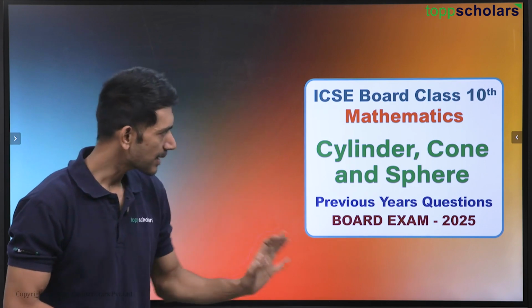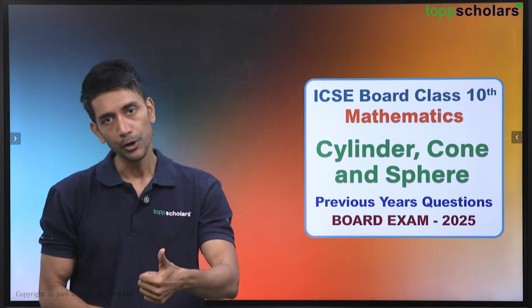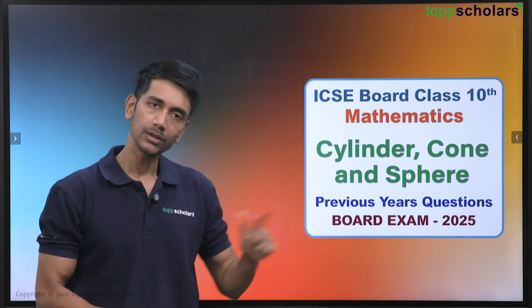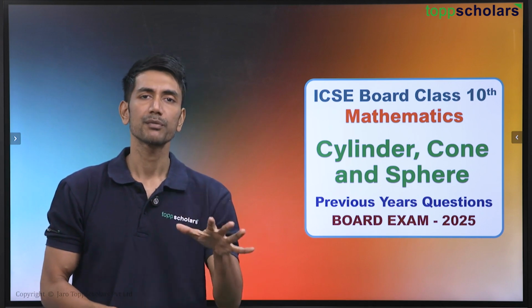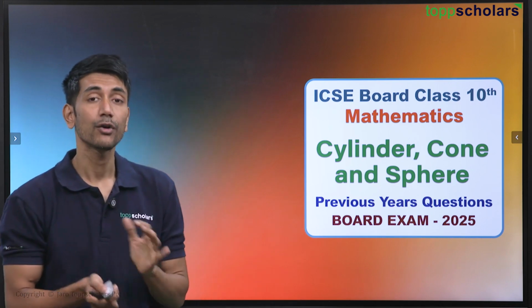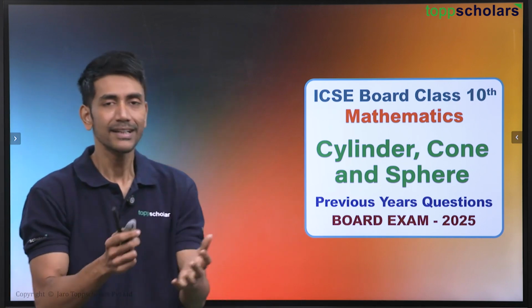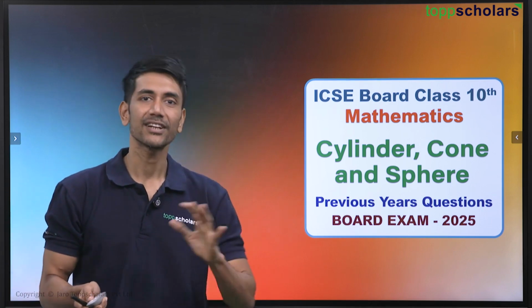Basically in this particular chapter we are going to deal with cylinder, volume, surface area, cone, same volume, surface area, and also surface area and volume of sphere and also hemisphere. So we can also have questions based on combination of solids. So let us see the variety of questions that are generally asked in the board